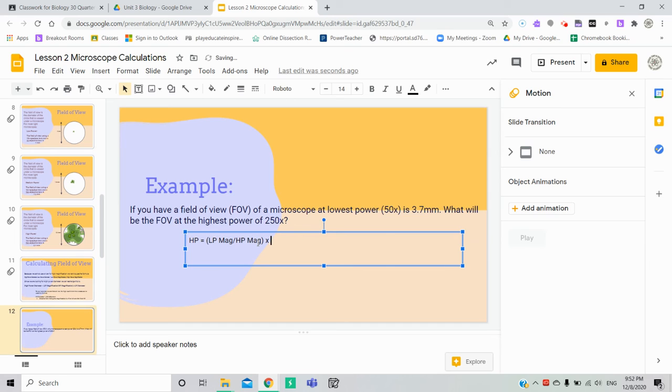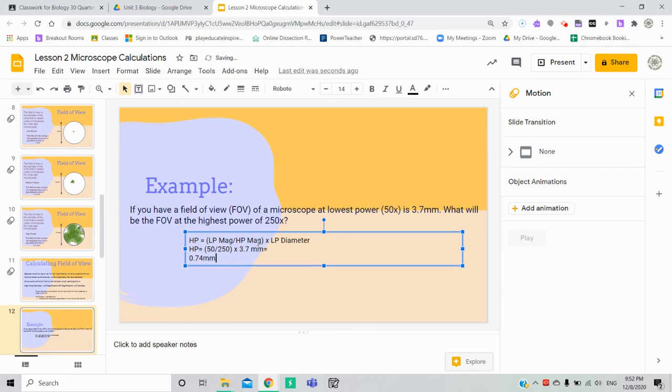Multiply that by our low power diameter. When I put this into my equation, I'm going to get 50 divided by 250 times 3.7 millimeters. Okay, so that's my equation. In the end, I get